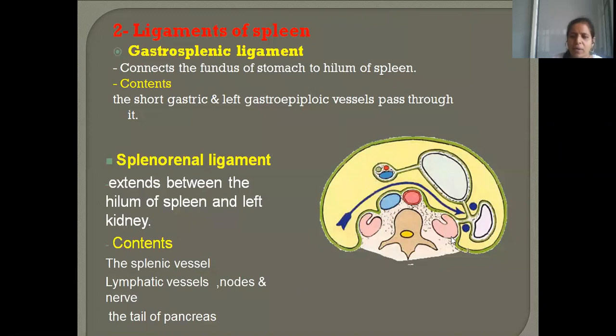So this is again whatever I told you already. This is stomach, spleen. The gastrosplenic ligament is connecting the fundus of the stomach and the hilum of the spleen. Okay. So in the gastrosplenic ligament, we will see the short gastric arteries and left gastroepiploic vessels. All this we will elaborate again when we are doing blood vessels. Nothing to worry. But if questions come like this for 2-3 marks, then you should be able to write. Okay. So splenorenal, I also told you, can be called lienorenal also, extending from the hilum of the spleen to the kidney. It contains the splenic vessels, lymphatic vessels, lymph nodes. It also receives the tail of the pancreas. Okay, nerves also are found.